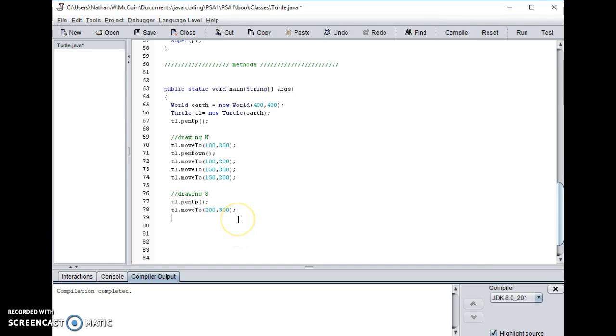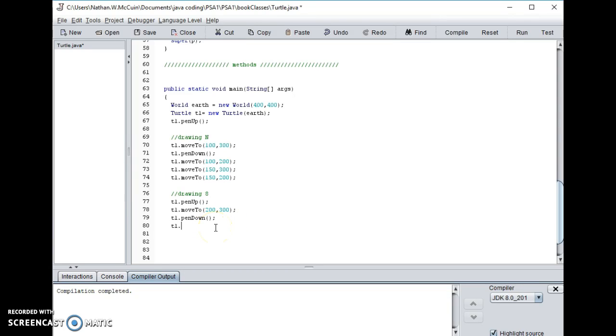Compile. Nothing wrong. Okay. Now we will put the pen down. Then we will make the turtle jump up. Well, actually, no, not jump. We'll just